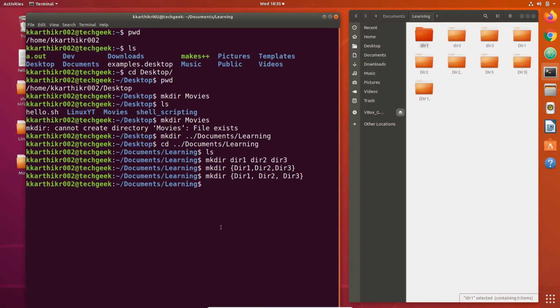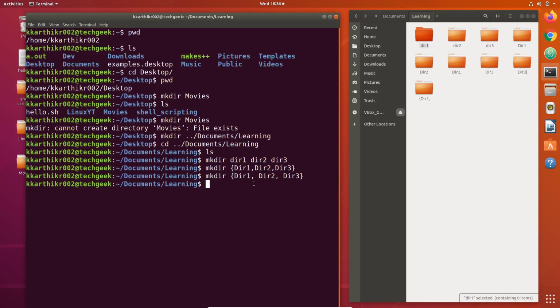You can see the shell interprets this as the name of one directory, separated by space, and this as another argument, the name of another directory, and this as another directory name, and creates directories with the names curly brace directory1 comma, directory2 comma, and directory3 curly brace. So you should not separate the contents of curly braces with spaces.